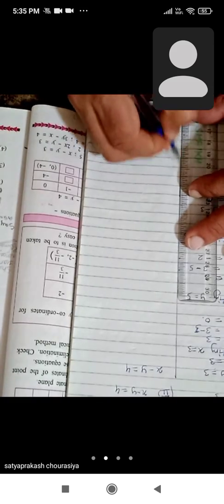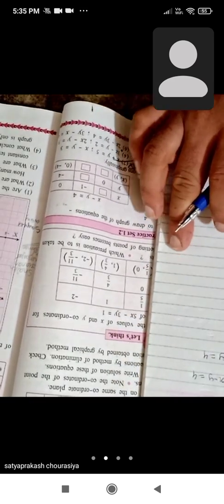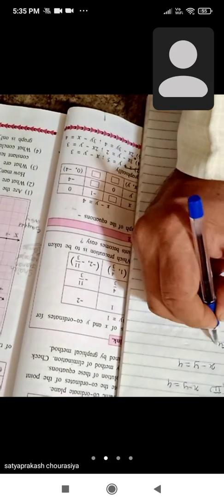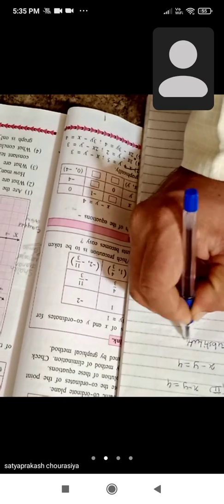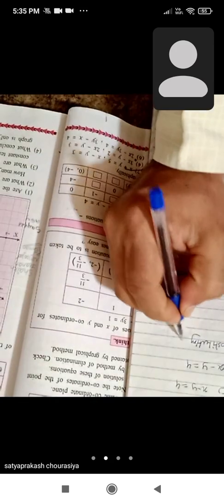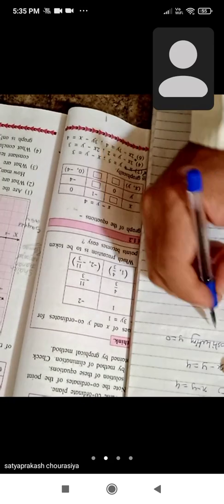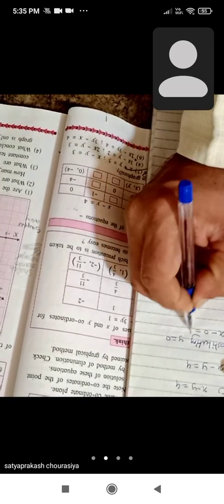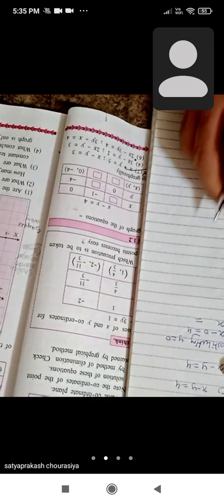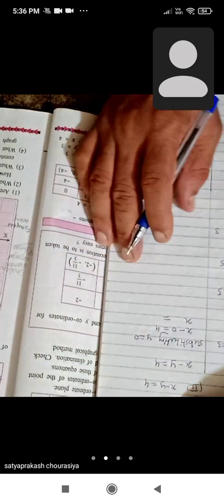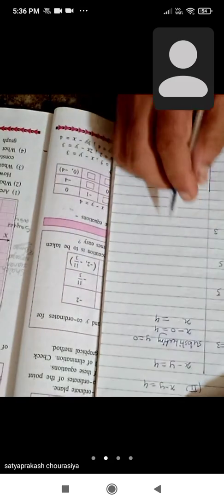Here we have filled the table and the values are. Now see, the x value we have to find out, and the y value is given as 0. Substituting y is equal to 0 in the given equation, you will get x minus y is equal to 4. So therefore x is equal to, now when you bring the 0 on the right hand side, 0 plus 4 will give you 4. So x value is equal to 4.